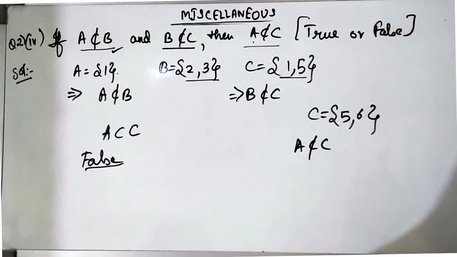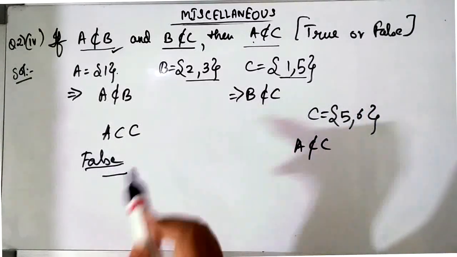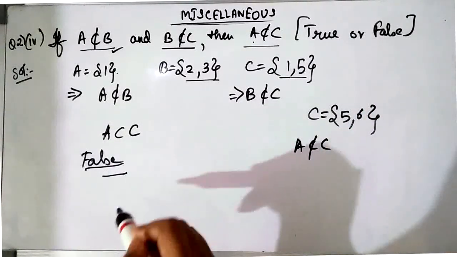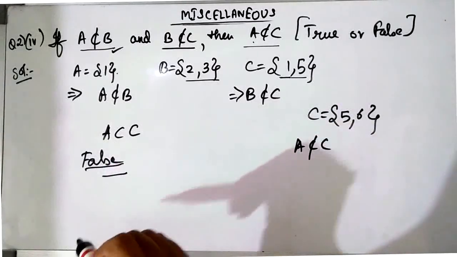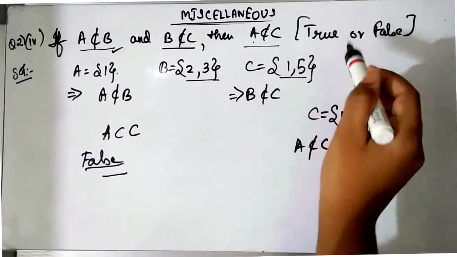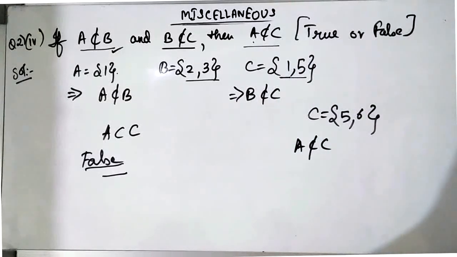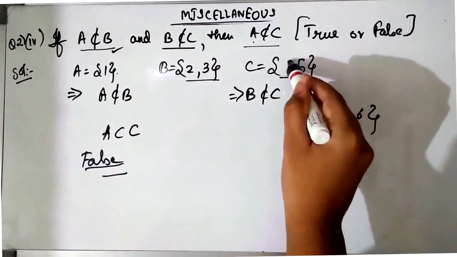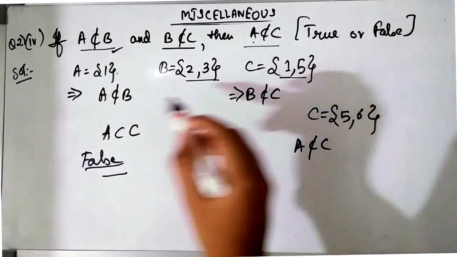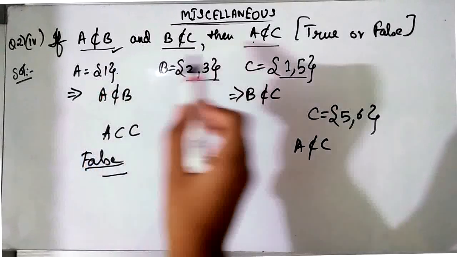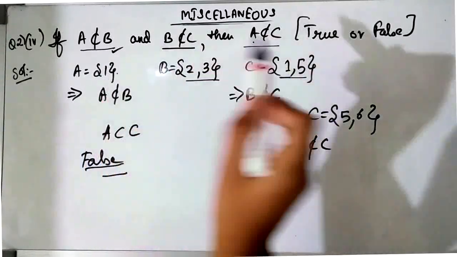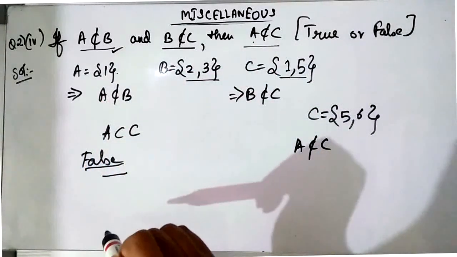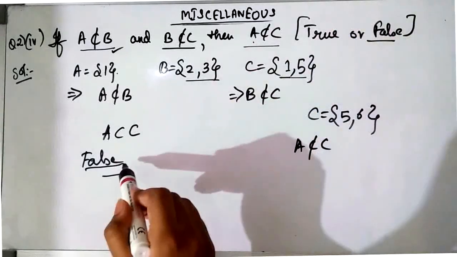Now with this, what you understand is that you can get multiple ways to prove that your statement is true. But if you get one such way where you can prove that your statement is false, then the final answer will be false. So you have to find one such way where you can prove the statement to be false. If you get even one way where you prove it to be false, then your answer will be false. So here I took the element 1 over here in set C. So with this I proved that A will be a subset of C. That is, A can be a subset of C at least in one condition. So with this I can prove that this statement is false.